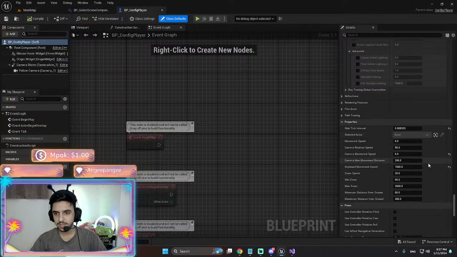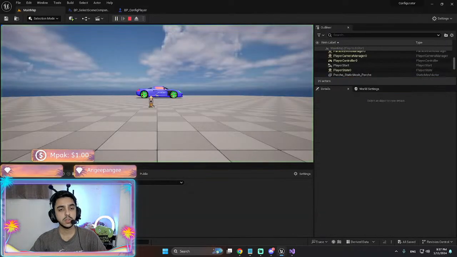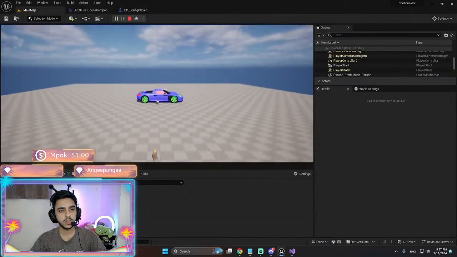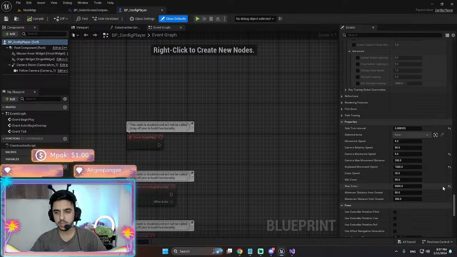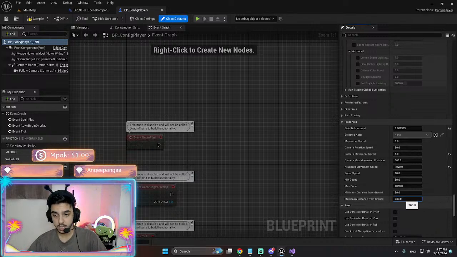Okay, this feels good. Max movement distance 200, movement speed 5, rotation speed is okay. I'm going to set it to 5000, maybe this works. Oh, that's zoom. 300, I'm going to set it to 1000, maybe this one helps.